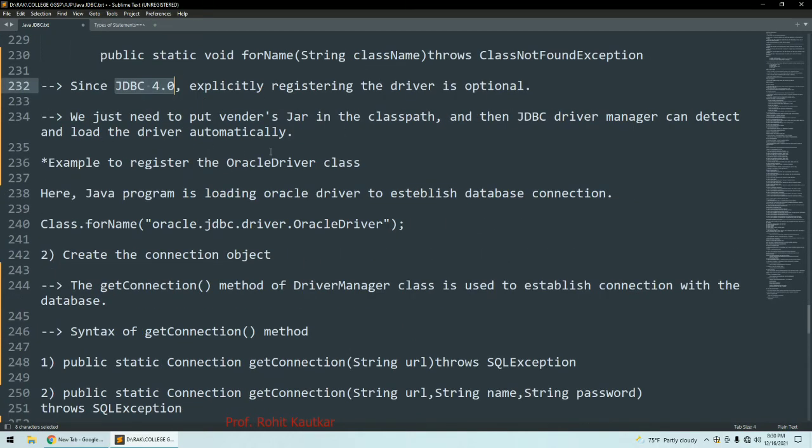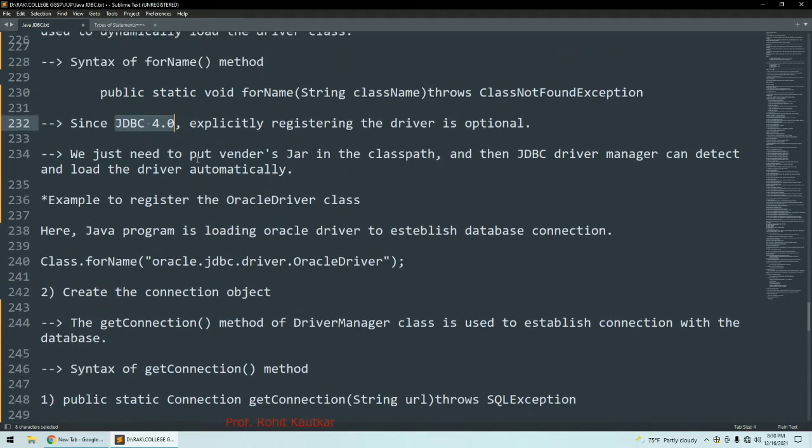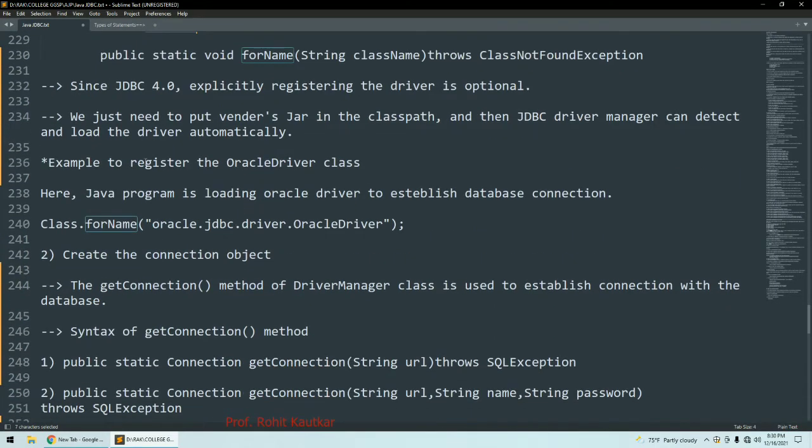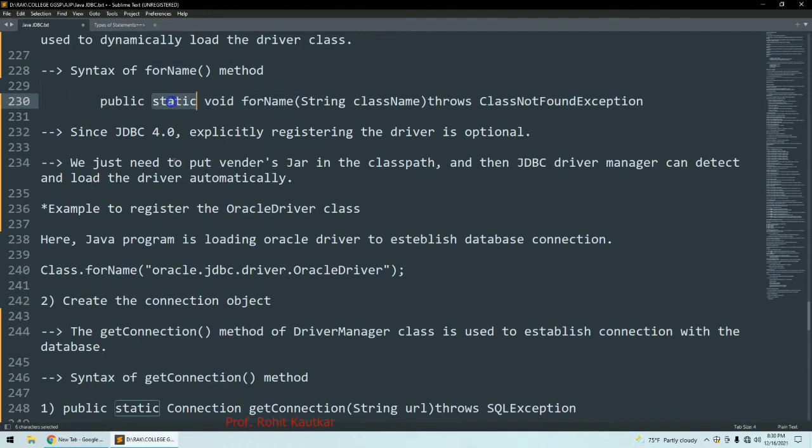I will show you one example of how forName will load the driver. As this method is static, you can call it directly with the class name. The name of the class is Class itself, and the method we are calling is forName. You can see this is the path where the Oracle driver class is available.